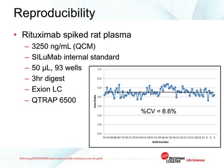He also added the SILuMab internal standard, and this is the stable isotopically labeled universal monoclonal antibody that's sold by Sigma. And he then dispensed 50 microliters of this single sample into 93 wells of a 96-well plate, leaving 3 wells open for double blanks and a digestion control. Then pressed go on the system, and it ran through the capture and digestion protocols with a 3-hour digestion. The samples were then taken directly from the plate into the autosampler and then analyzed using the ExionLC and